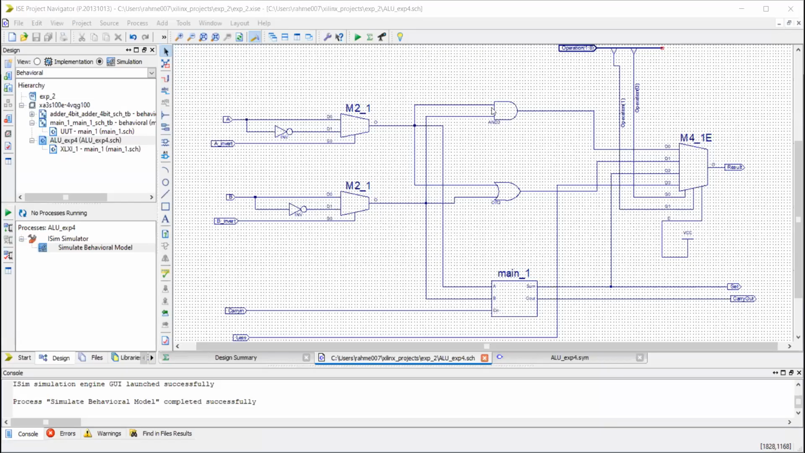Welcome to the presentation for this lab. This lab is about the arithmetic logic unit. As you can see, I've drawn this schematic using the previous lab video, the part 1 lab video. Once you're done with these schematic symbols, you can go ahead and try to understand the timing diagram